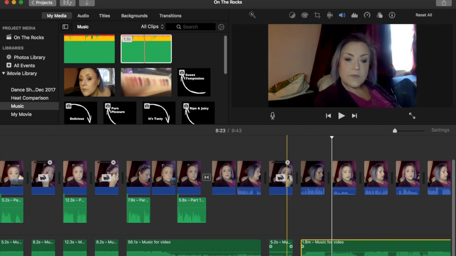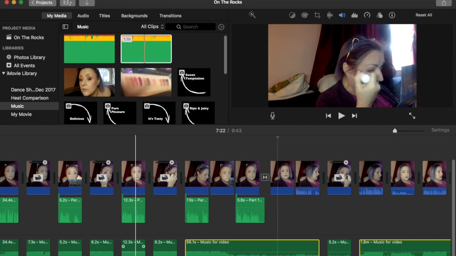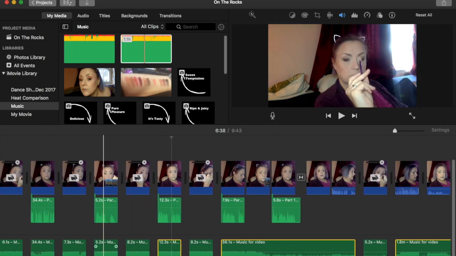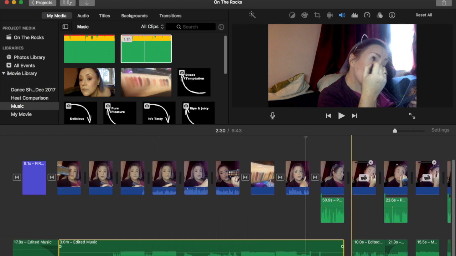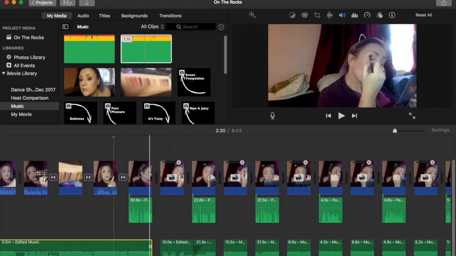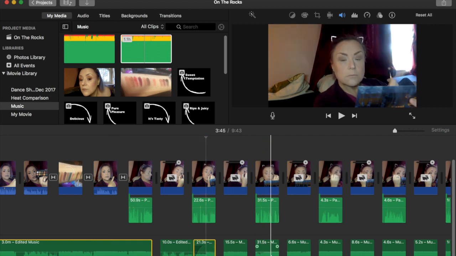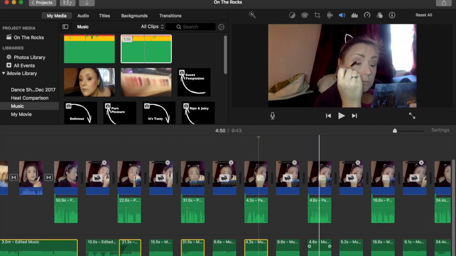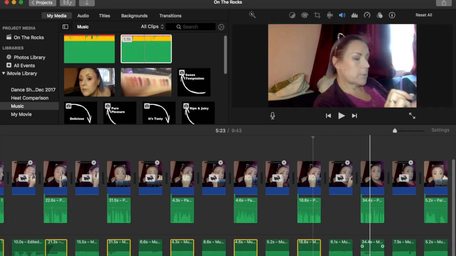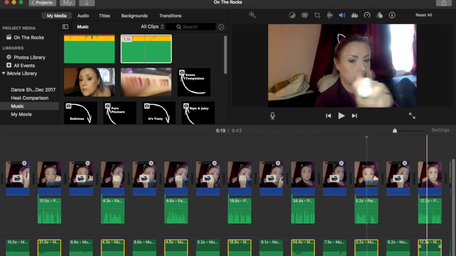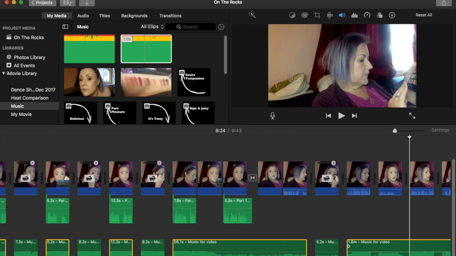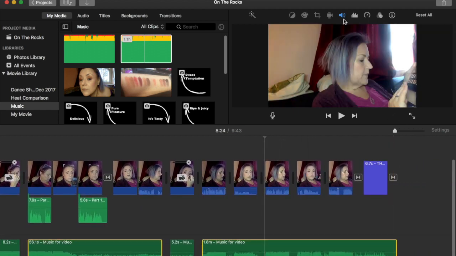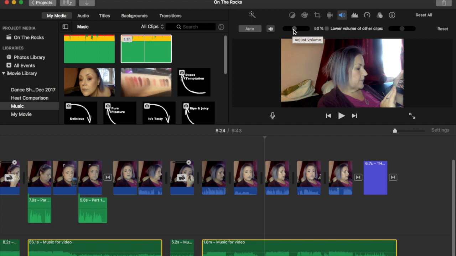Now, all of those pieces where I'm talking over the top, I can't have any louder than about 3%. Okay, so now all of the bits and pieces where I'm talking, I need them to be at about 3%. I find 3% is just enough to cover up the traffic noise that you can hear behind me when I'm speaking, because I live on a very busy street. So I'm just going to select all of the ones that are not speeded up and universally reduce the volume down to 3%.